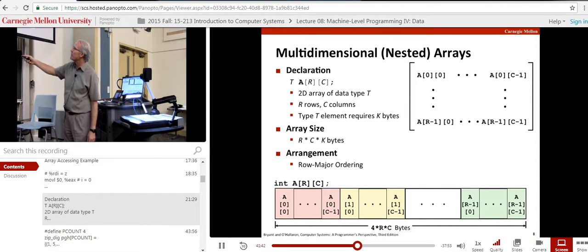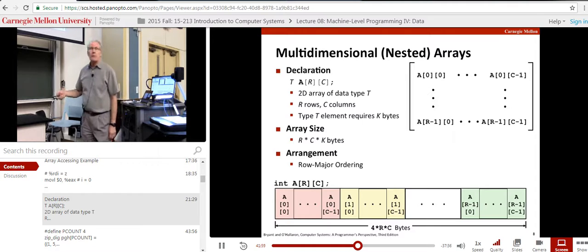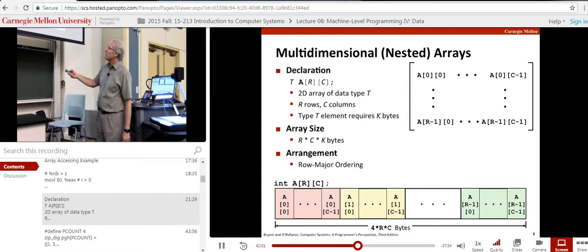So all the elements of row 0 will come first, all the elements of row 1 come next, and so forth up to the end of it all. And so the total allocation will be 4 times the data size times the number of rows times the number of columns bytes. But the reason why they're in that order, which is called row major order, because if we thought of it in these terms, we go through the first row and then the second row and the third row, is precisely because